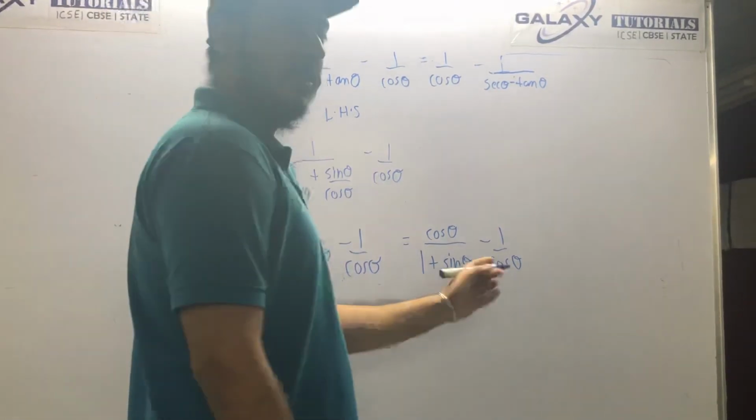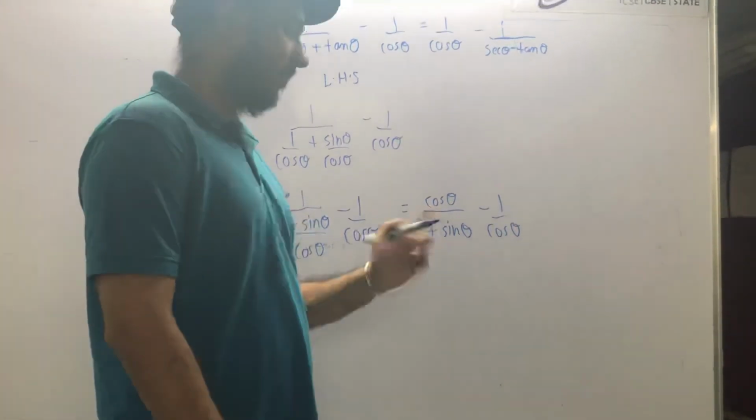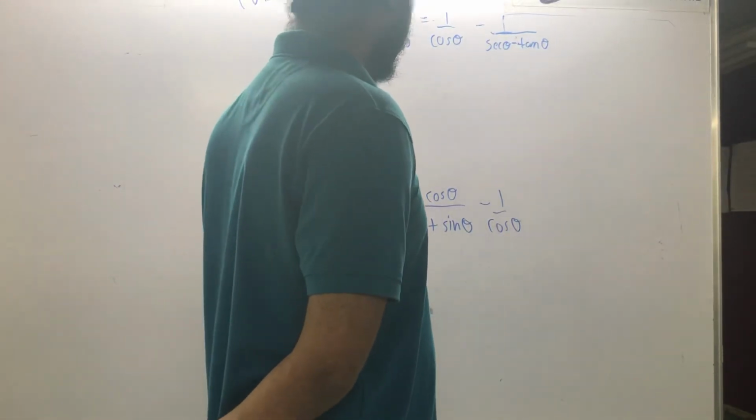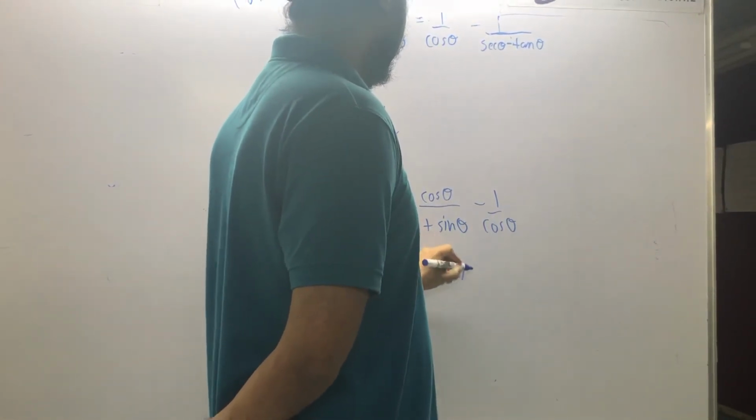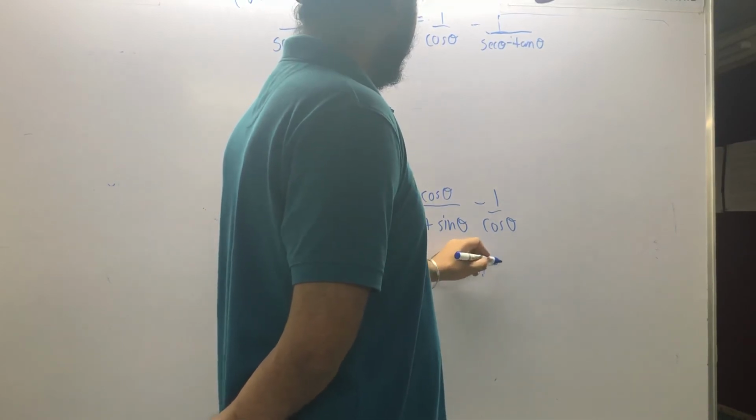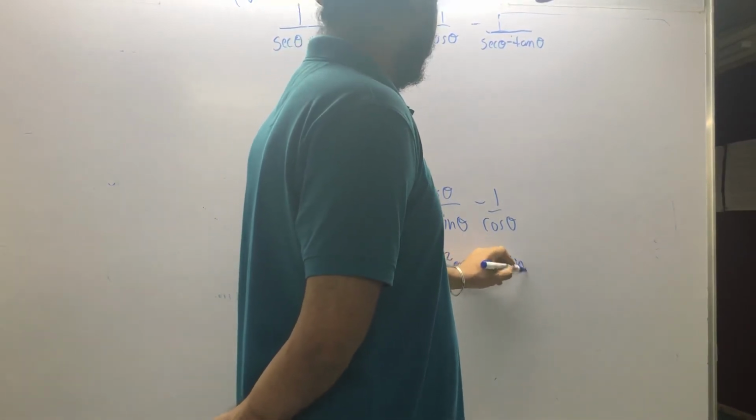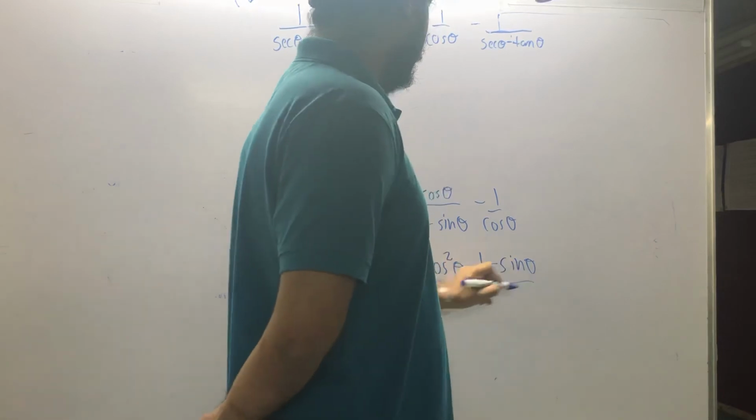Okay, now just do the cross product or LCM, whatever you say it. So this will be cos square theta minus 1 minus sine theta upon